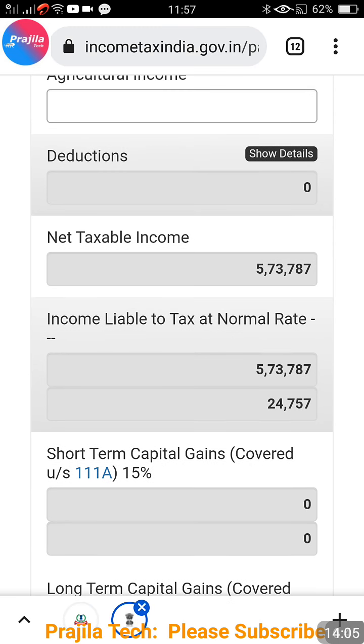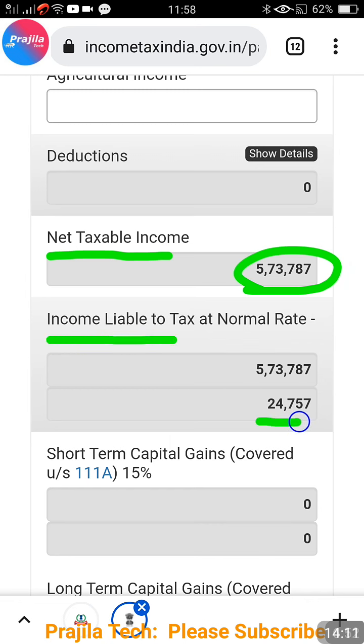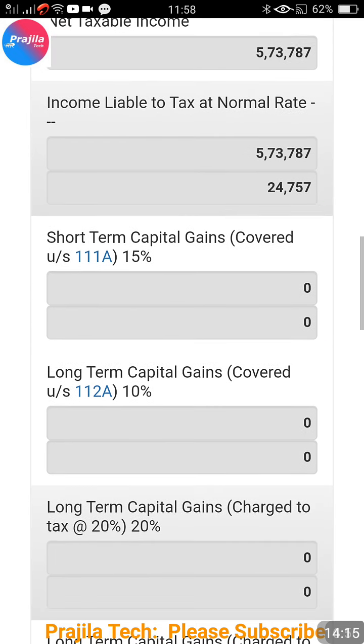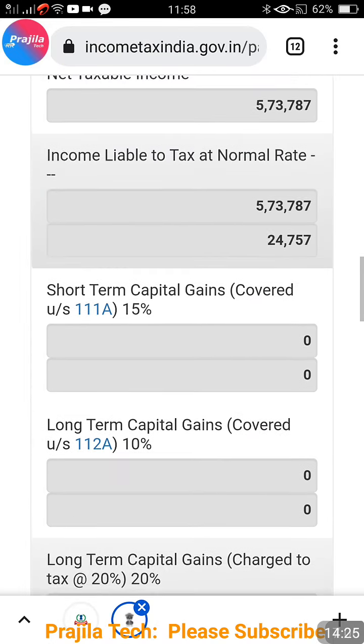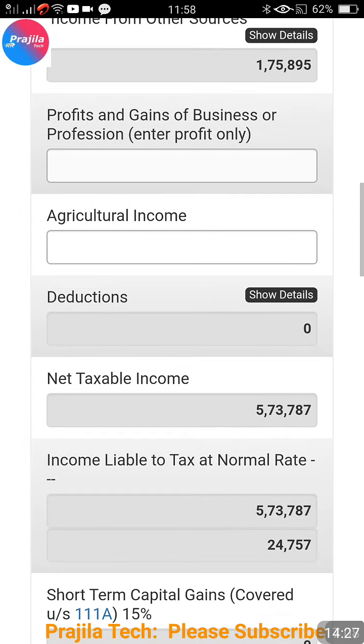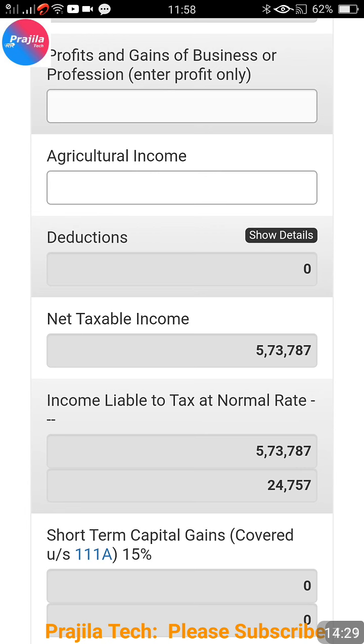I am going to show you ITR1 filing for a pensioner usually. Okay, so net taxable income for this person has come to 5,73,000 and change. And as you can see here, some calculation has been made, and there is an income tax relief. This person is getting 24,000. He is getting relief. Why? Because he is not, okay, this is the